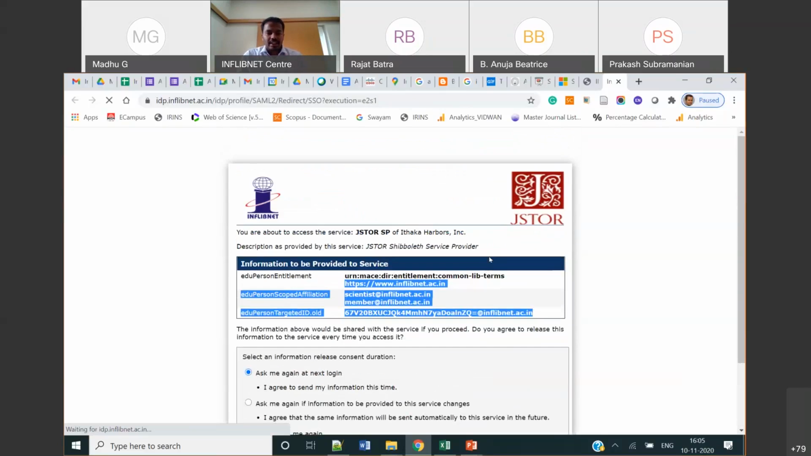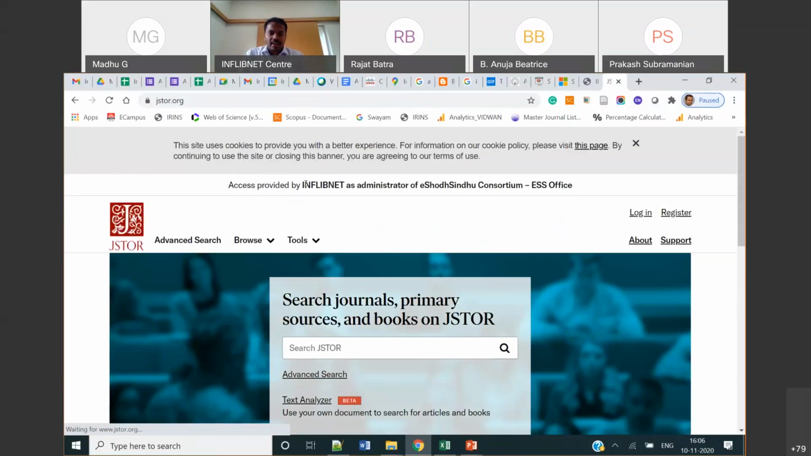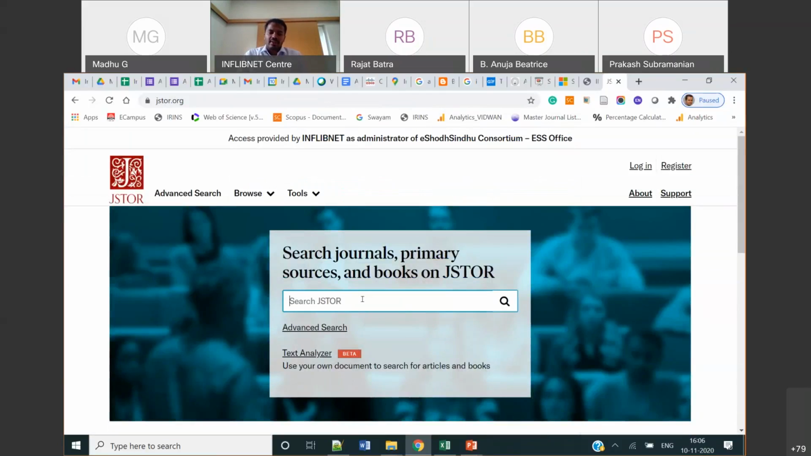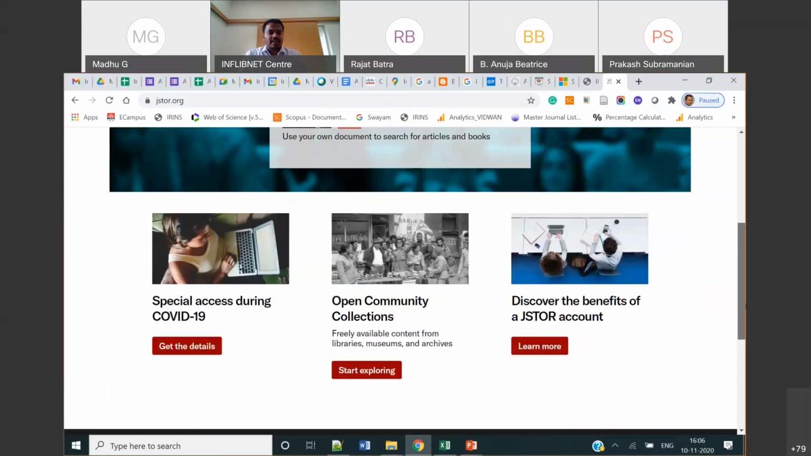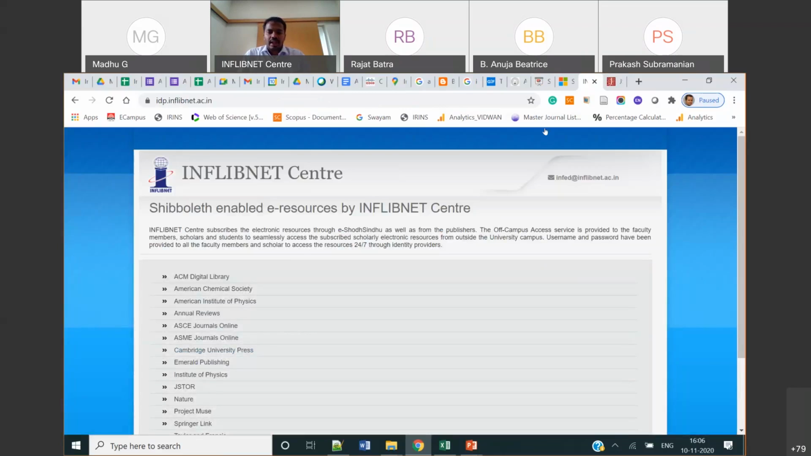The moment I say accept, now my identity system will release my information. Yes, this is Raja. This is not Raja. Inflibnet, one of the administrators from Inflibnet, is trying to access. Now, whatever resources are subscribed by my institute, all resources can be accessed from now on. The same way, now I have accessed JSTOR, which is a different publisher. And another one is Springer,